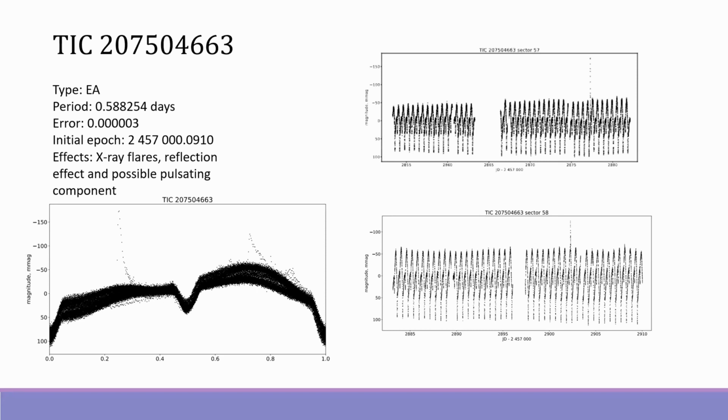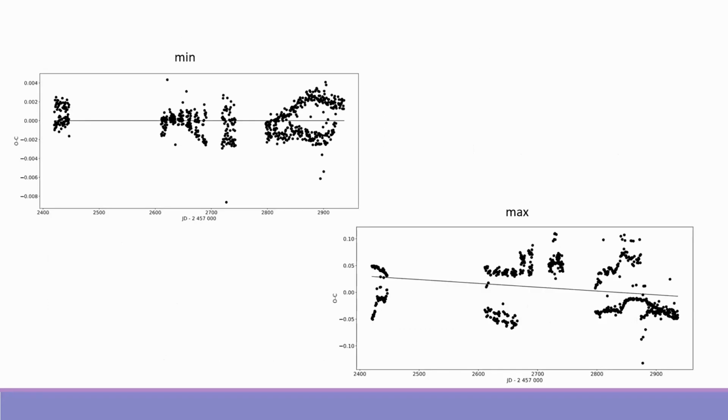Furthermore, the O-C diagram has a really unusual shape for a typical eclipsing binary. The shape is rapidly changing over time. Points are getting aside from the linear approximation, and then after some period of time are getting closer to the linear approximation again. On the O-C diagram of minima, points starting from sector 41 are generally distributed as usual in a classical eclipsing binary O-C curve, but it is visible that they're getting slightly aside from the approximation.